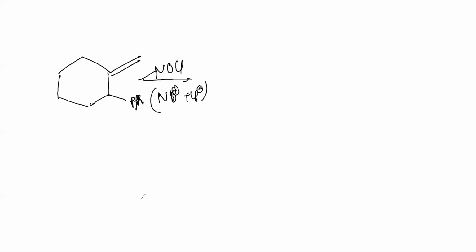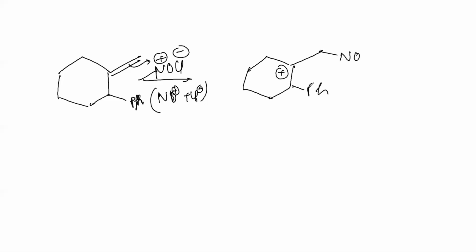Sir, NO will attack in the primary, 1 degree, sir. And Cl will attack in the middle, sir. NO will be attached to the primary carbon. That is correct. And here carbocation will be generated. Now what? Then I think if it goes here, it will be more stable, sir,